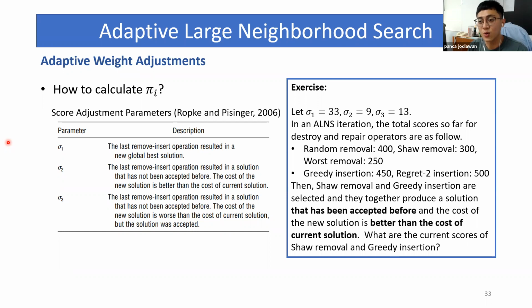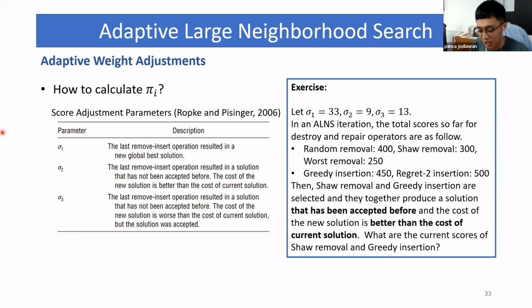Okay, so this one, since they have produced a solution that has been accepted before, and based on the table by Professor Ropke and Pisinger, if it has been accepted before, then we cannot add any score to the shell removal score.